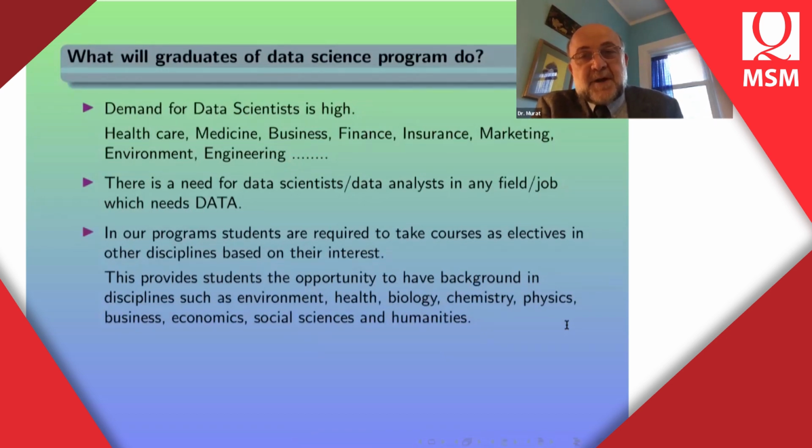When I talked about the program structure and courses, basically taking the computer science, mathematics, and data science courses is half of the program, and in doing research, and then students will have lots of flexibility to take other courses. In fact, they are required to take other science courses as well as humanities courses. So this gives students an opportunity to build their program in their own interest by doing a minor or taking more courses in an area that they are interested in. This could be business, economics, social sciences, humanities, history, health, biology related, chemistry, physics, however they wish to do so. And we will encourage our students to do so, because that will give them the opportunity to find